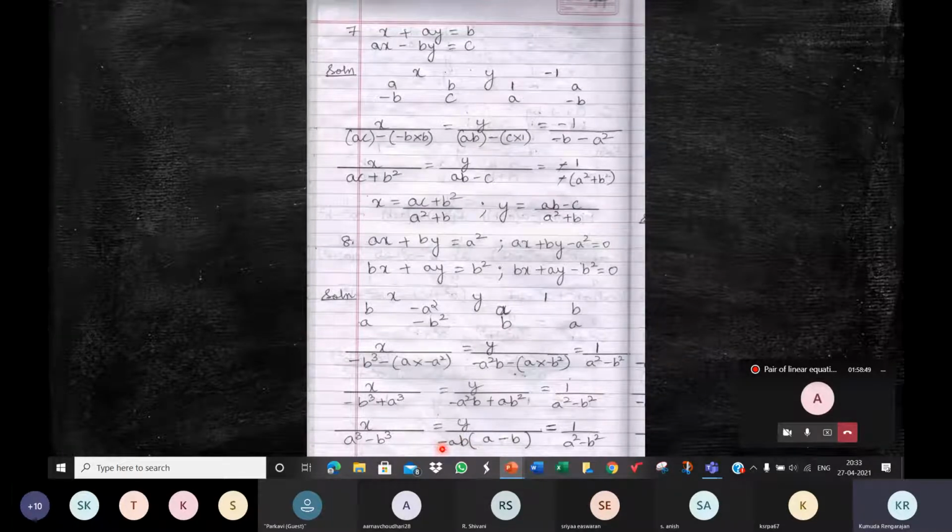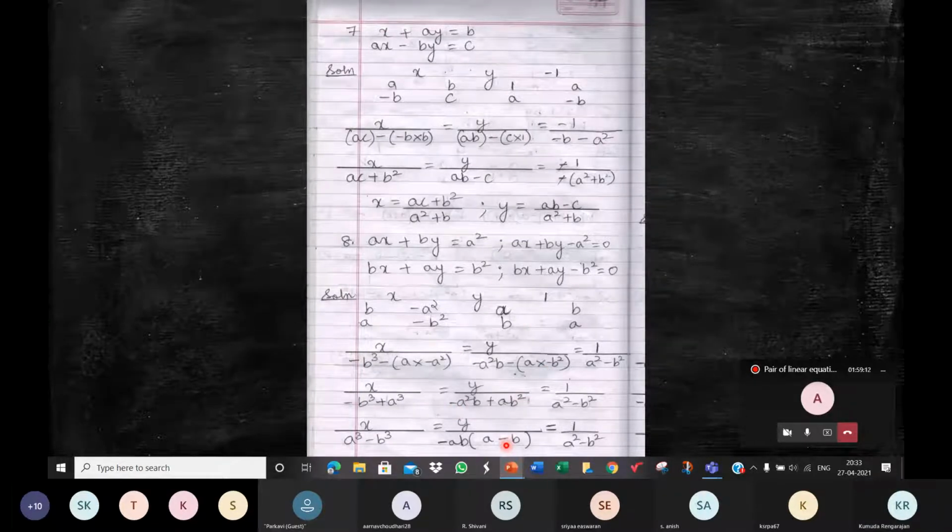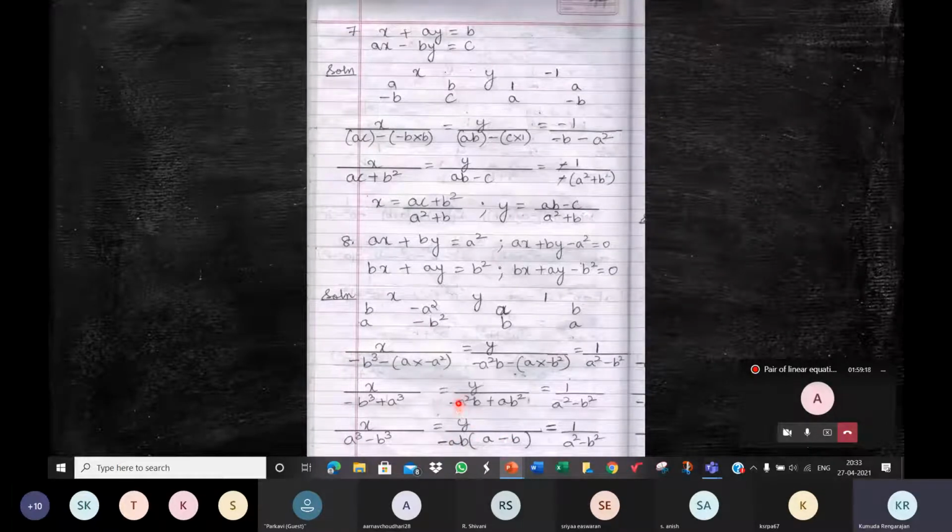So in case you didn't take out this minus sign, then it will look like ab, and here you will get b minus a. So the next step, see if you had taken only ab here, let's just do it. So you'll get minus b. What do you get here? Minus b, and here plus a. If you didn't take out this minus sign, you will get, let me have a look at it again, ab, right? So you will get minus a, right? I said minus b, I think I made a mistake.